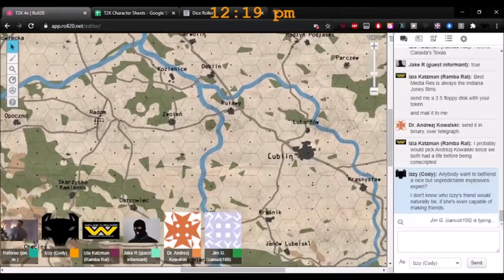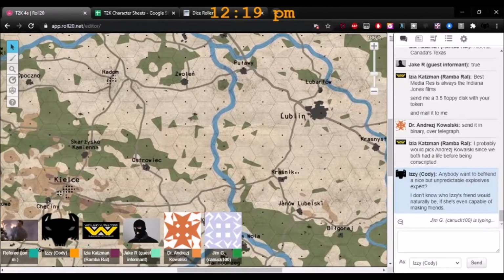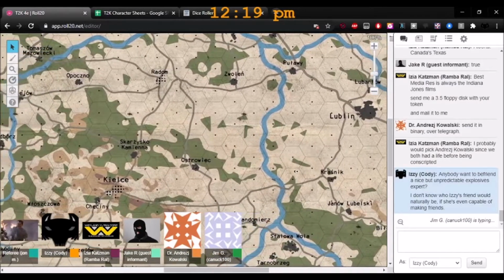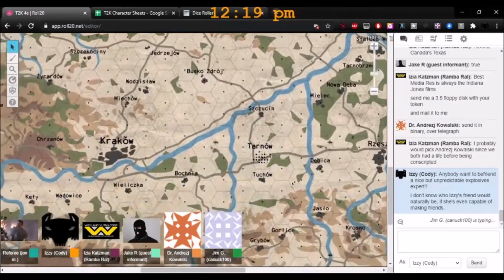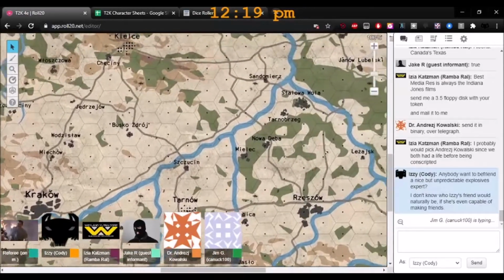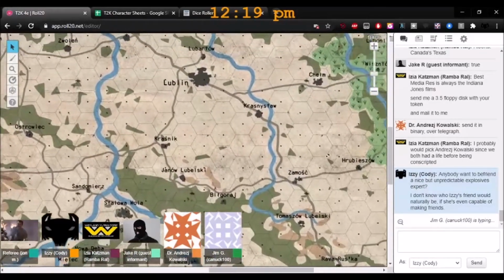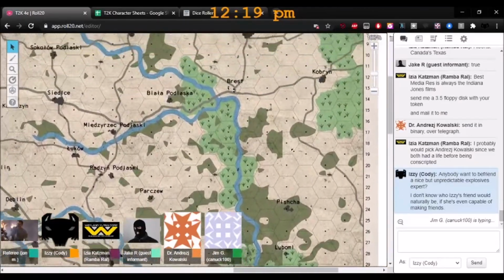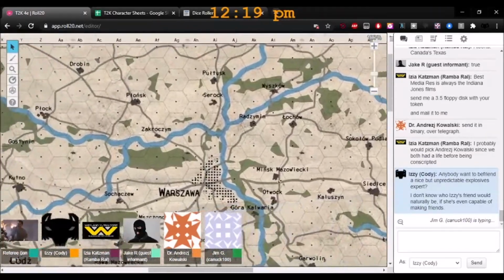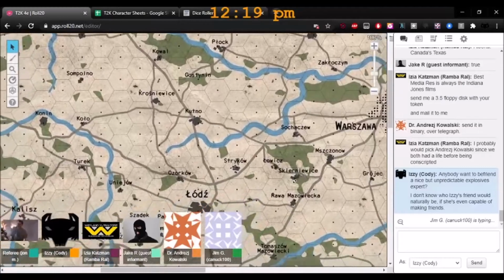All right, so everyone else is good with whatever random token we use? Yep, fine. Okay, cool. So right now you guys should be able to see the Poland map. That's a pretty cool map.